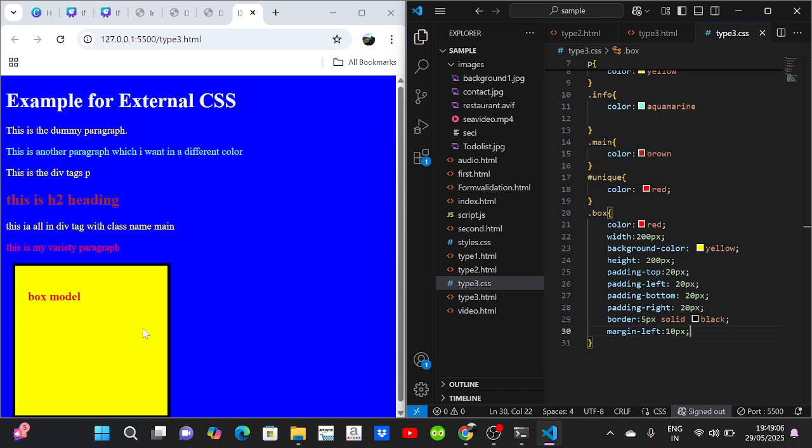I think you have understood the padding, that is, the space inside the border is called the padding. Border is this one. The space inside this border is called the padding. Margin is the space outside this border. Whatever space is outside this border, that is the margin. The space outside the border, and the border is the edge line. Okay. Next is